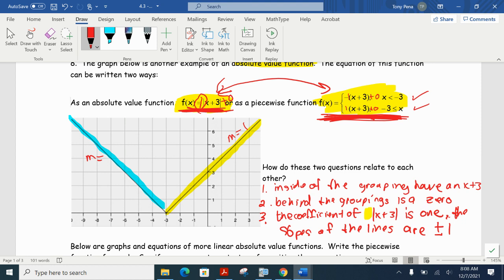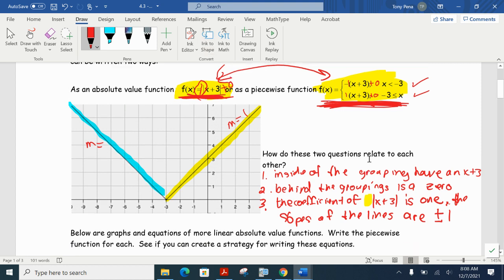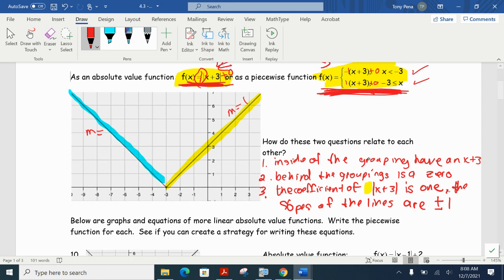All right. So those are some things that we kind of want to recognize. Last thing, if I ask you what this vertex is right here, so we started reintroducing the idea of a vertex yesterday because we did that a lot with parabolas. If I ask you what this point is, that lowest point on the graph, if we said this is x is a -3 and our y is a 0,